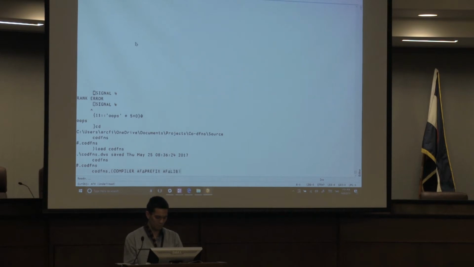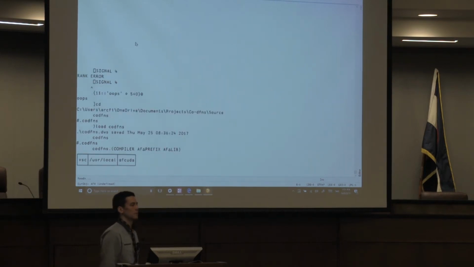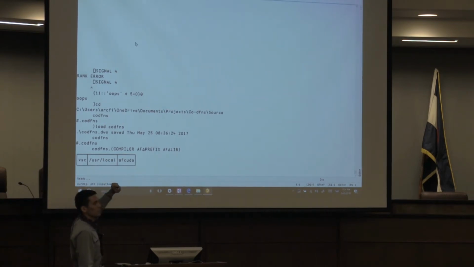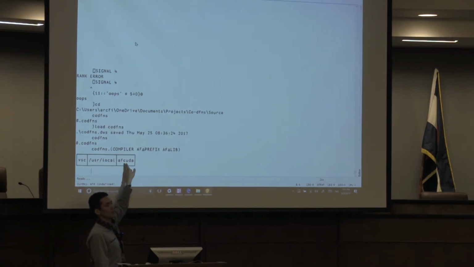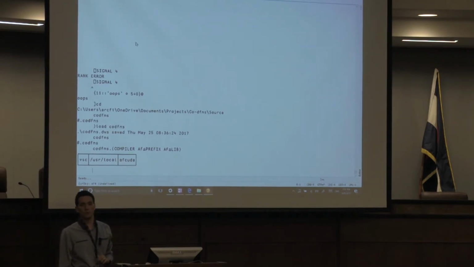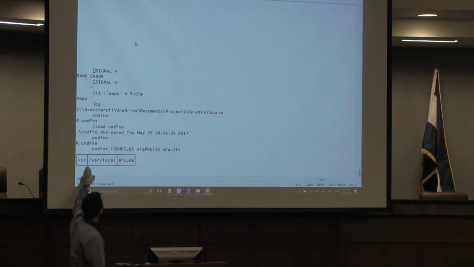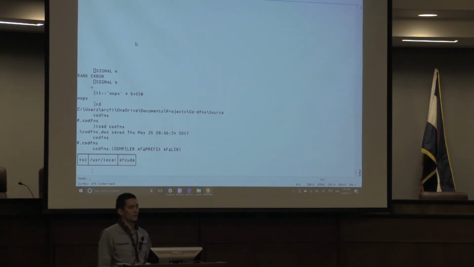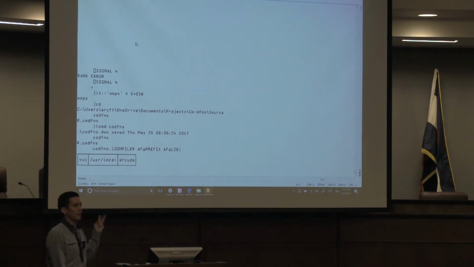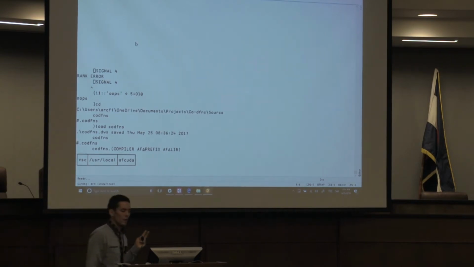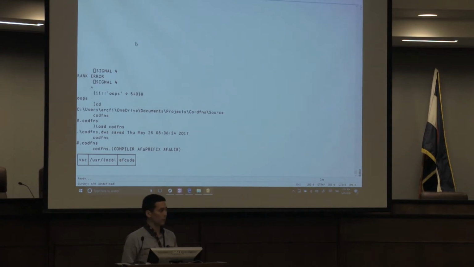So there are these 3 variables that you want to set. AF prefix, if you just follow the default install, should be /usr/local on all platforms except for Windows, but we don't care about that on Windows. This is going to be probably AF CPU for most of you, unless you're brave. And then this is going to be the name of your compiler. So VSC on Windows, GCC on Linux, and Clang on Mac. Once you're there, you're going to,